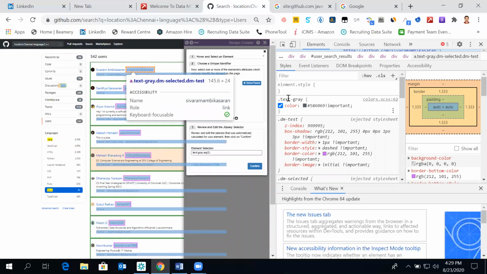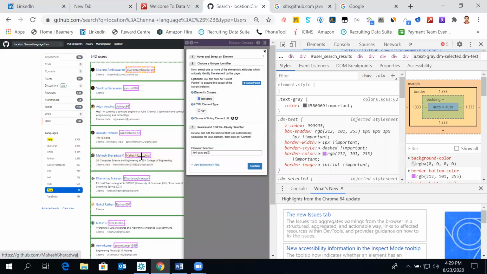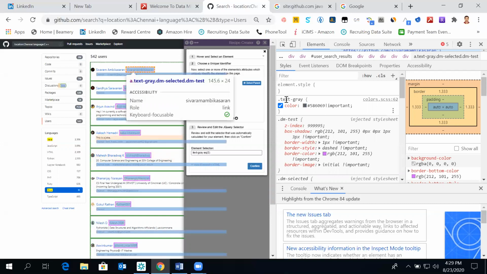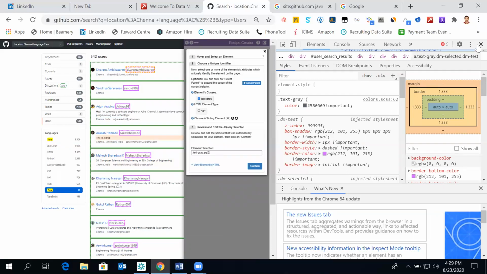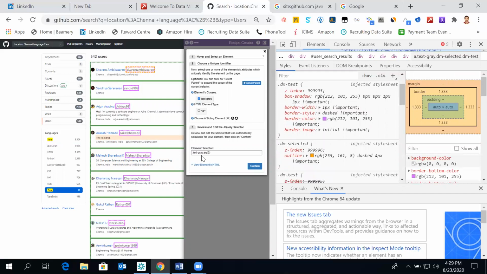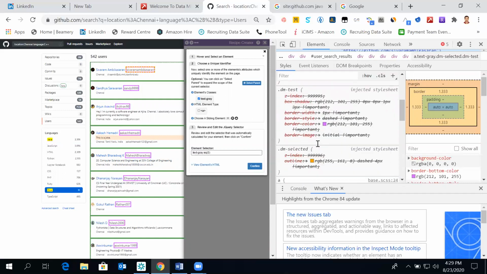Text gray is selecting all the text which is in a gray format, wherein DM text is selecting only the user IDs. So to go to that particular DM text, we have taken one up arrow and text gray EQ. Under the text gray, this is the first element. EQ0, EQ2, EQ3, all those things would come.